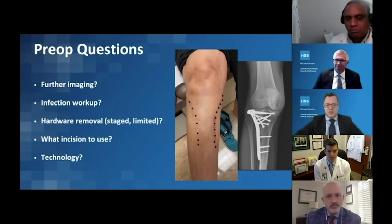Yeah, this lady especially, I mean, she's got a skinny leg. The skin is very thin. There's not much subcutaneous tissue. This is a high risk type of situation. So